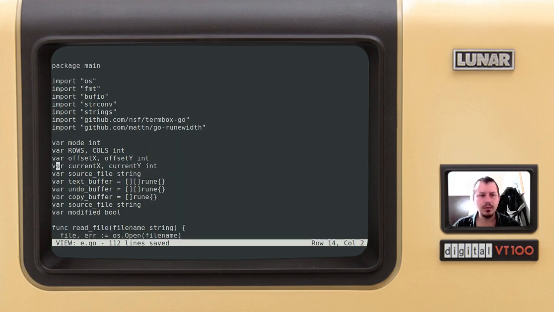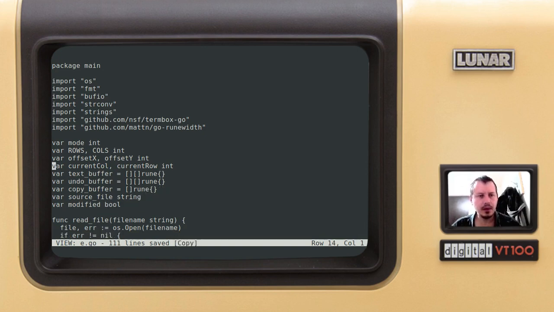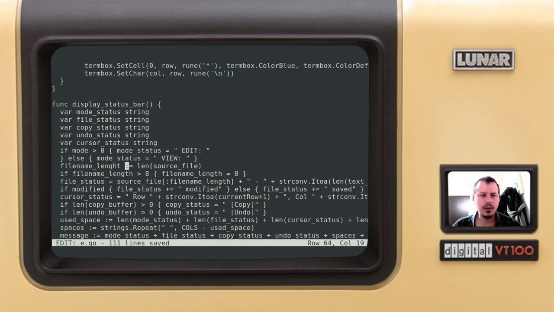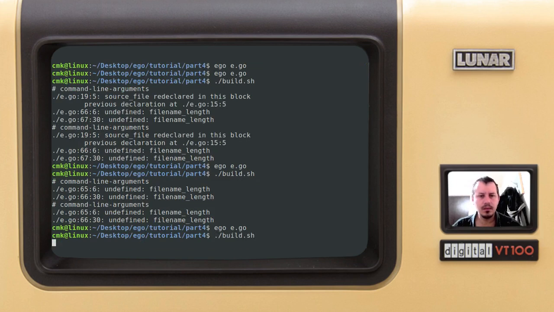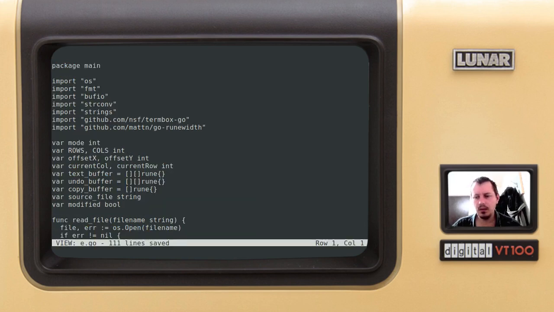Okay, current row and current col. I just declared source file twice for some unknown reason. Alright. Okay, here is a typo. Okay, so it builds, but it's not going to change the output because we didn't yet call the function